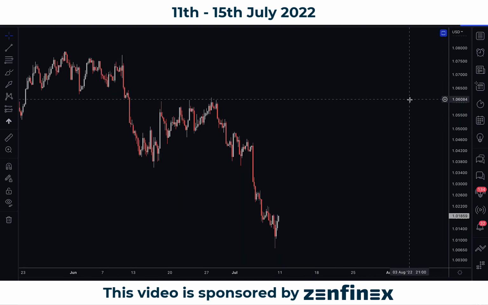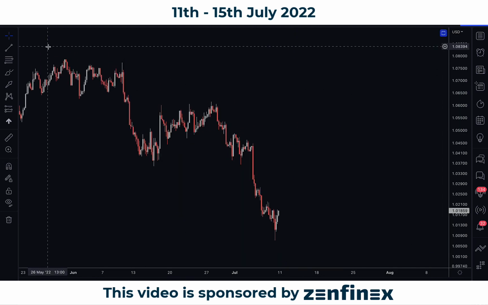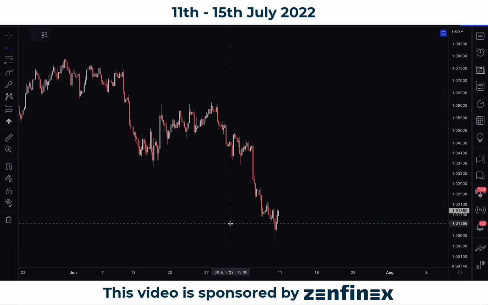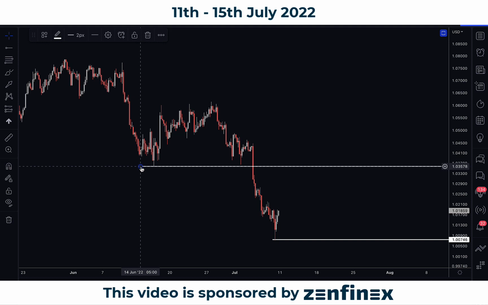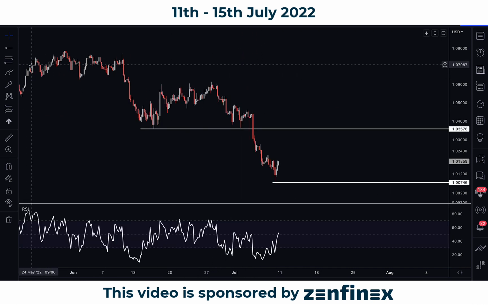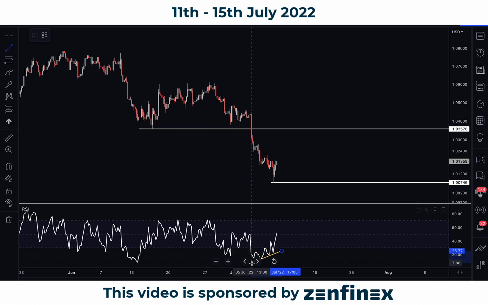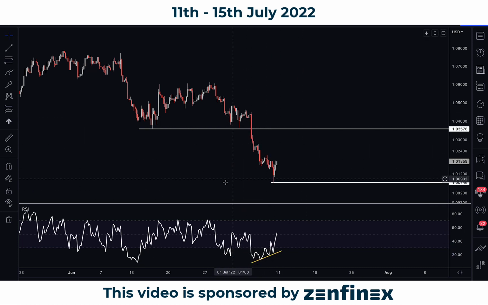Okay, vice versa, if you flip it to the euro, the euro has been falling quite significantly for the past couple of weeks. We broke through a very important level over here around 1.0360, and we saw it break through very impulsively, but again, last week here we do see a little bit of a divergence. Again, the market is never going to move in one direction all the time, right? So when we have a very significant sell-off, there's bound to be a slight retracement along the way.